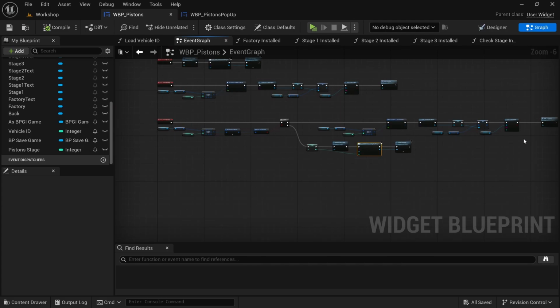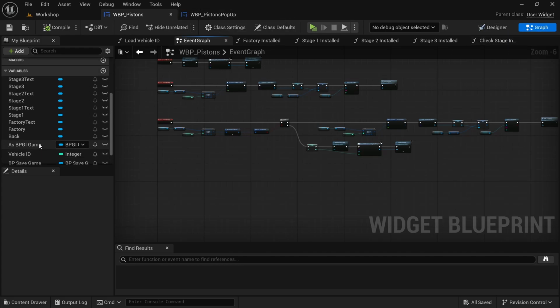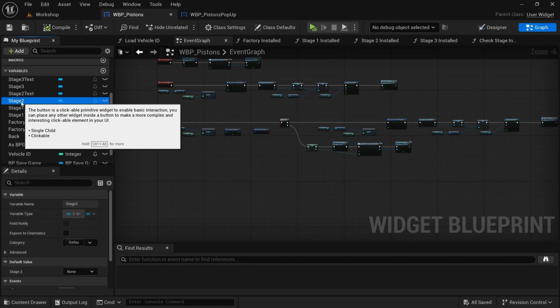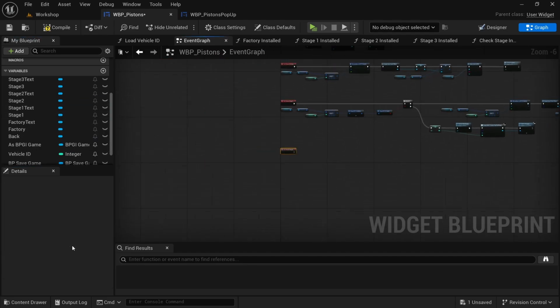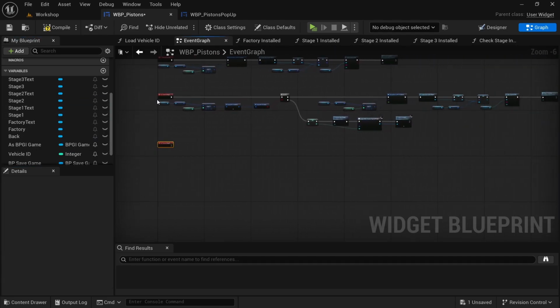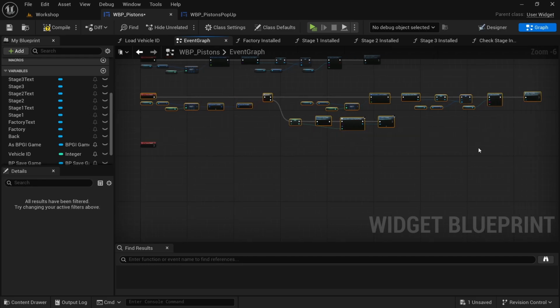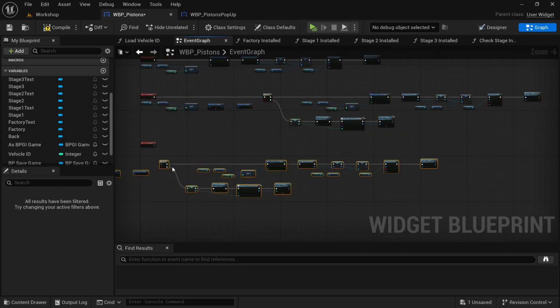All we're going to do is just, actually, let's do that now while we're here. And then we can move over to the Pistons pop-up. So we're going to select the stage 2. And then we're going to go on click. Then we're going to copy the entire code, minus the node, Control D,